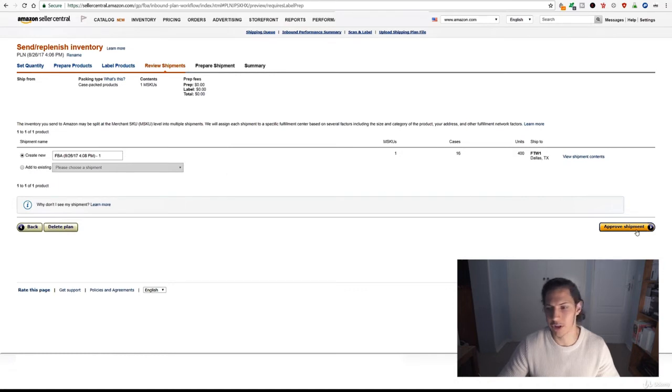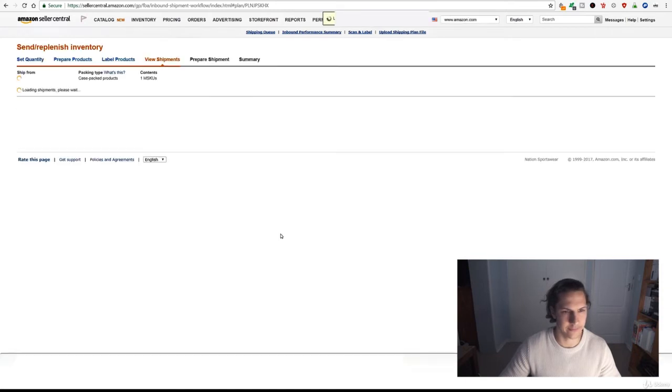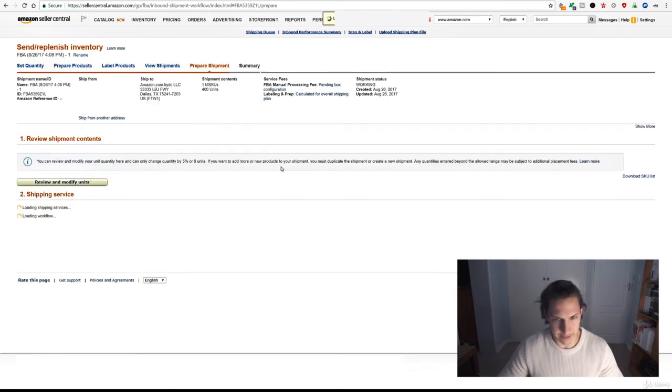Okay, we're going to create a new shipment. It shows us where it's shipping to. It's shipping to Dallas, Texas. This is the warehouse that it's going to be shipping to. We're going to click approve shipment. And then once that's loaded, we know how many cases are being shipped as well. So it shows us which warehouse we're shipping it to. Go ahead and click on work on shipment,